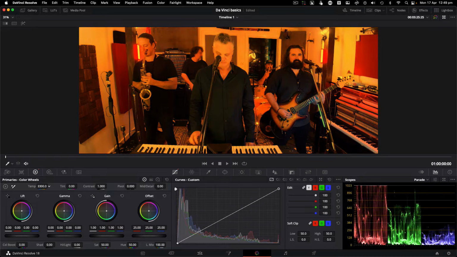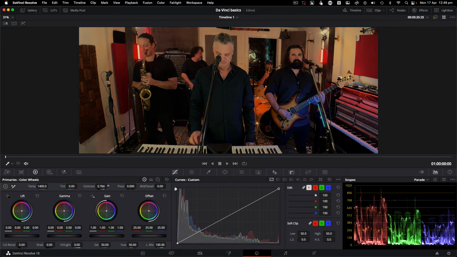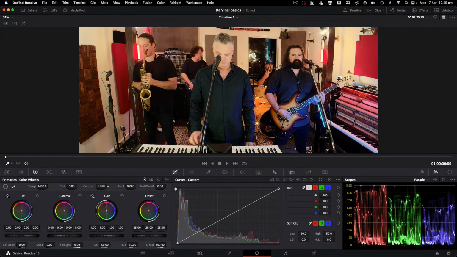Okay, I'm going to color grade this one the way I like it. The song is The Heat Is On, so I would want it to be a little hotter. I would definitely push the contrast so that my blacks are blacker. The contrast is basically the distance between the brightest and the darkest element. So just find where I like it, and then we go through to